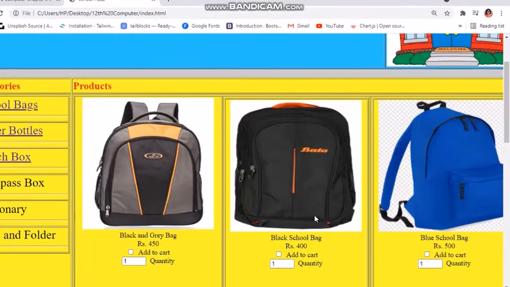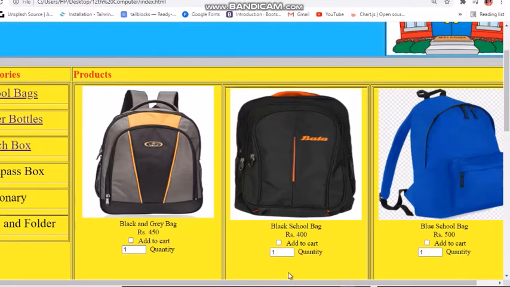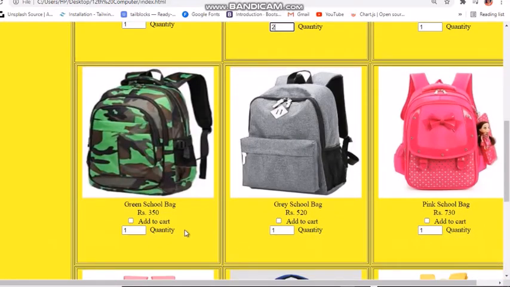For example, if I randomly select some items from here, I select this black school bag, two quantities, then I select this pink school bag, one quantity, and then press purchase button.